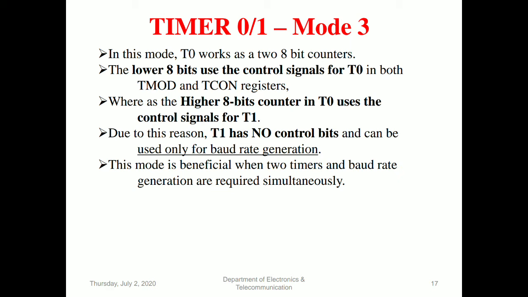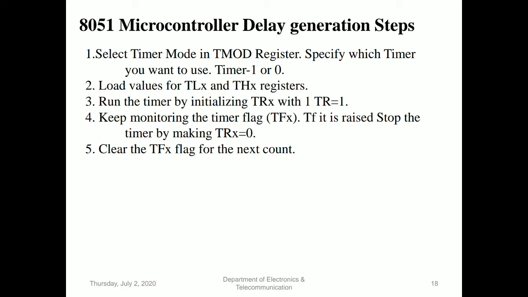In mode 3, we generally use it where we want different timers, but the range is restricted up to 8 bit. This is the limitation of mode 3. The advantage is that we can specify 3 different categories: 2 timers, and another timer related to baud rate generation. So generally we go for baud rate generation with the help of timer mode 3, and that too with timer 1.